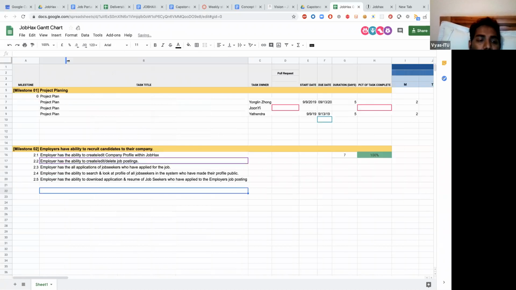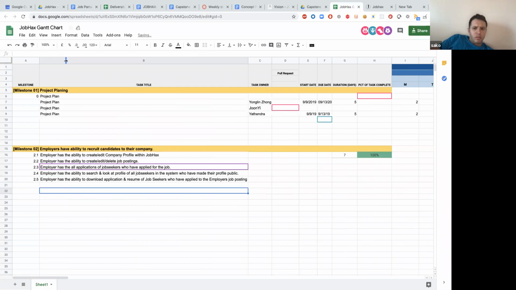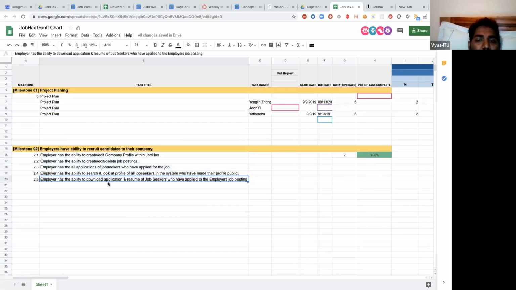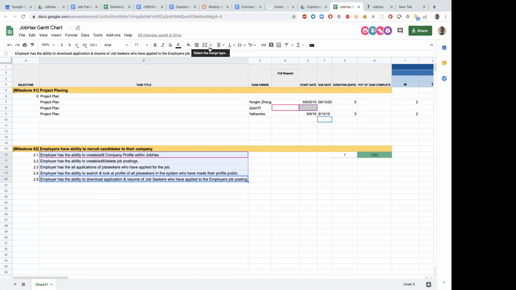Would it still be good? Is it too long? What do you guys think? Maybe you can just reduce and wrap it. Wrap it? The format, how do we do it? You can wrap it into the second row.